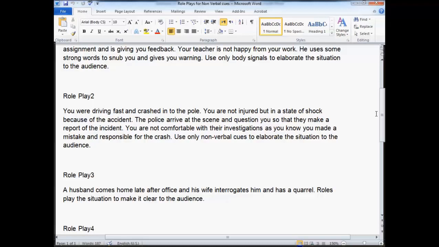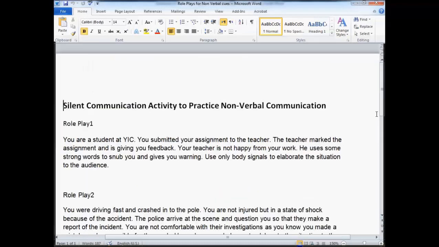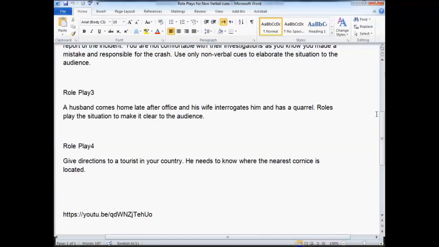So these are cultural things, but these role plays are basically about how to deliver the message and use the correct words to minimize the barriers. Now in this case, it's an emotional barrier. They have a fight, and she's his wife, and he is her husband. So there is a relationship between them, so it's going to be an emotional barrier. Is she going to listen? Is he going to respond with the right answer?